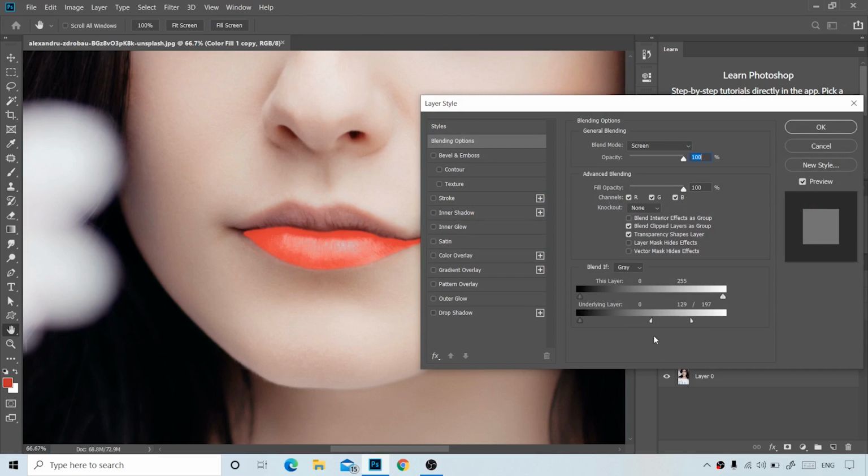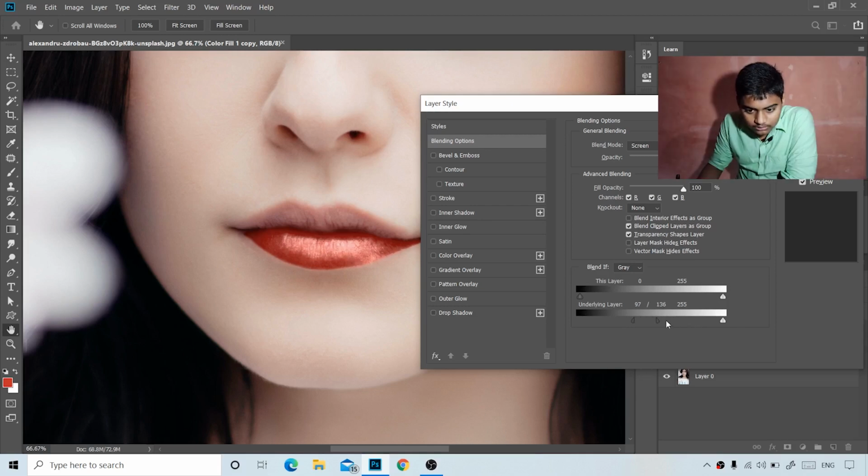But what we want here is, this is a bright color. So we want this color in the bright side of the lips. So we want these areas. These areas represent the bright side or bright pixels of the lips. So take it away from the dark area of the lips. As you can now see that this is too much harsh. So press Alt and then click over this, and this will break it into two sliders, and drag it away.